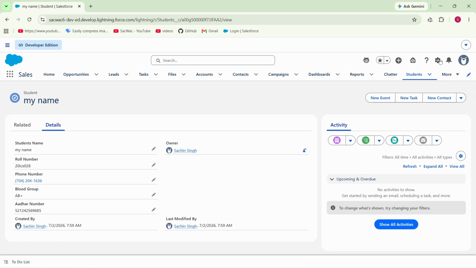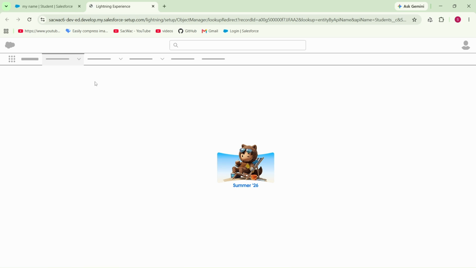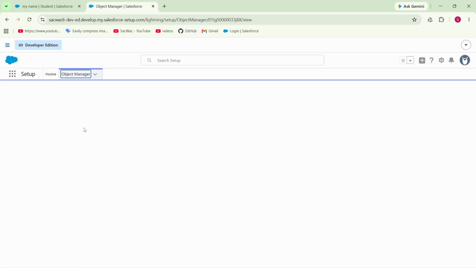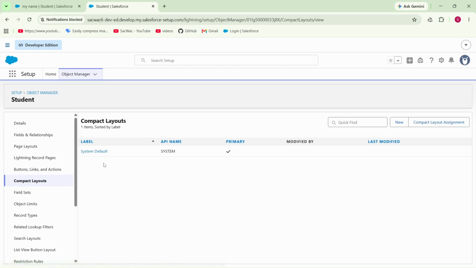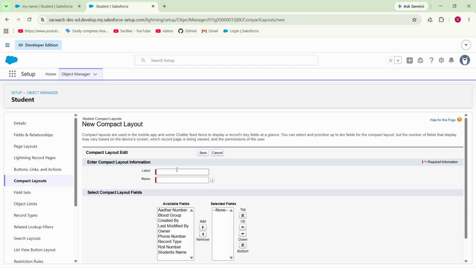So first I will go to the edit object and in the edit object we have an option of compact layout here. This is the option of compact layout and in the compact layout you can see it is already selected on system default. But now I want to create a new compact layout. Okay, so I will click on new compact layout. So now I will give it a name. I will give it a name like